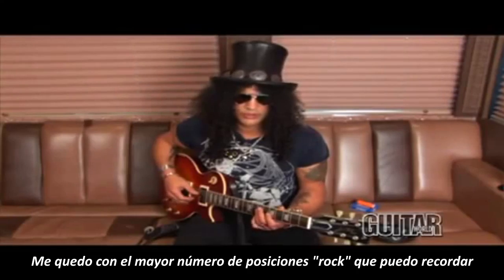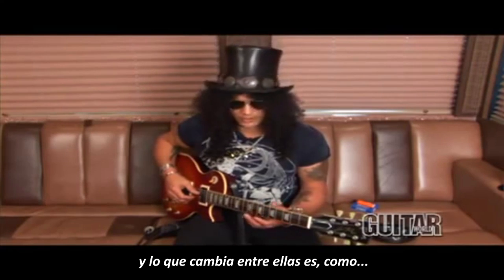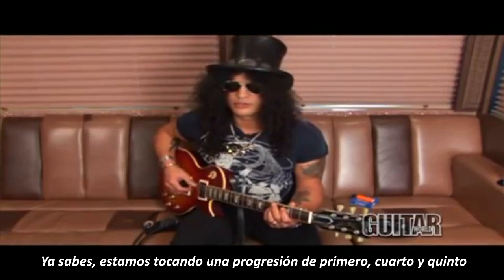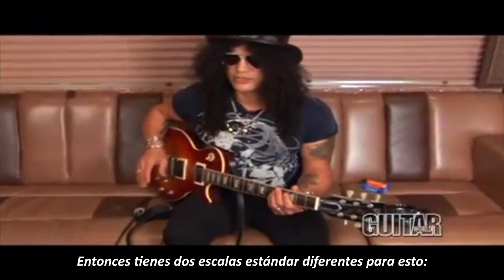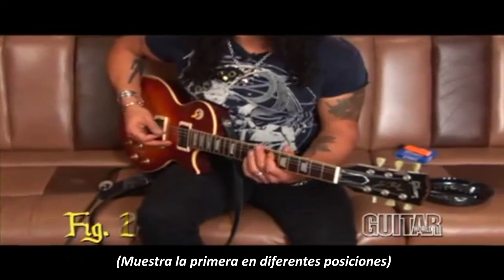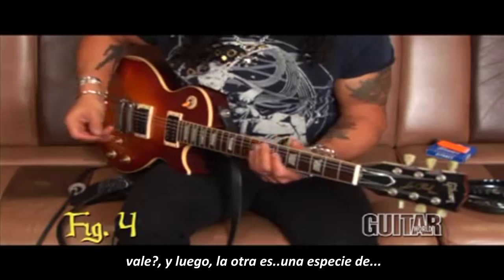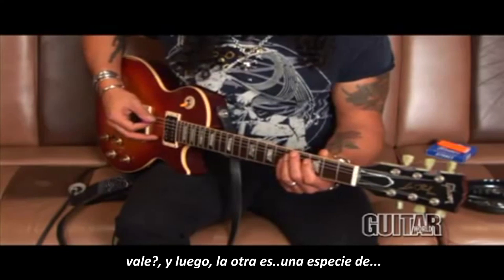I stick with as many different rock positions as I can get, and what changes them is, like, okay, say we're playing in C, right? And we're playing a 1-4-5 progression. Then you've got two different sort of very standard scales for it, and they have that scale all the way up the neck, right? And then the other one is the sort of,